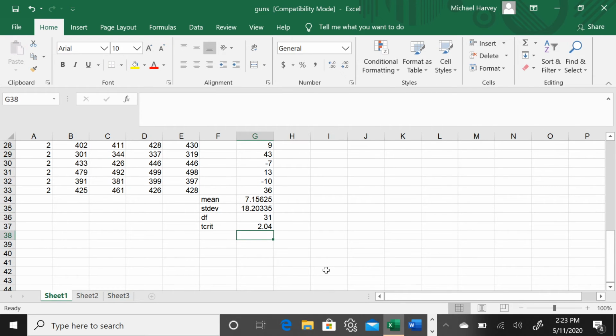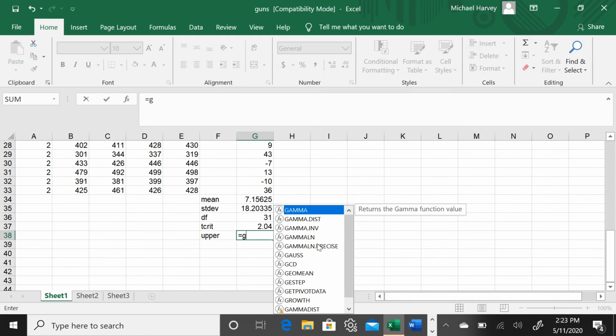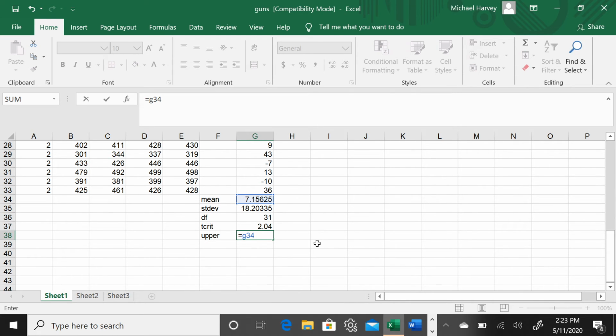Okay. So at this point, we can just calculate our upper and lower limits. So we'll put the upper value first. All right. What this is going to be equal to, and you can look at the top of the screen up here, I'm going to be entering the formula here if you want to try this on your own. So we need the mean, which you can see is in cell G34. All right. And we're going to add that to our critical value, which is in G37, okay,